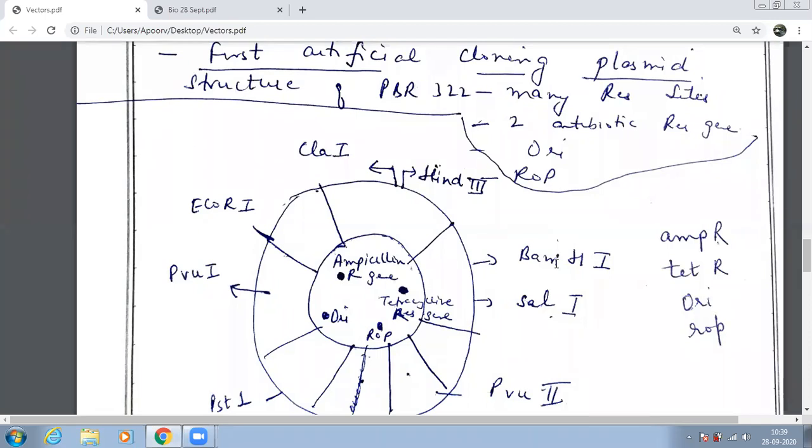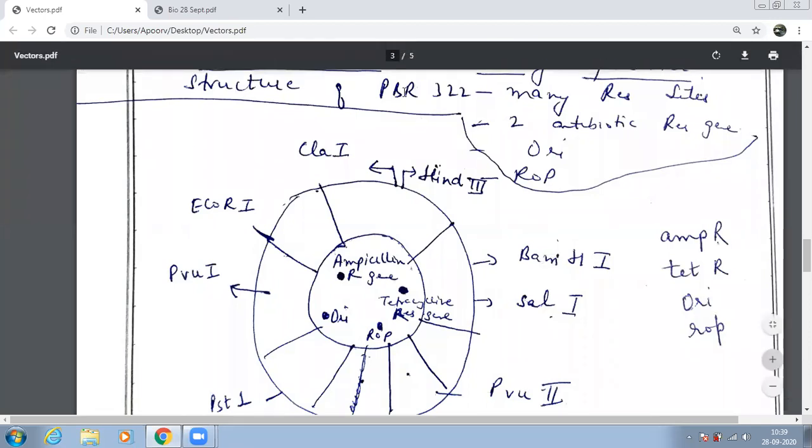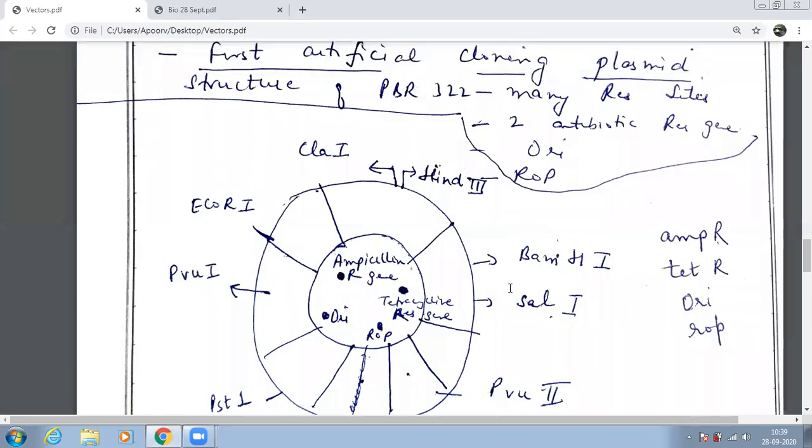Which is the next site that you have to learn? Quickly tell me. BamHI. This you have to learn. I don't know which original method you will derive, what you will do, but we'll have to learn, children. So this is BamHI, and in the same section you have to take one more, that is SalI. Which are the next two you will take? BamHI and SalI. Now tell me a way to learn these.